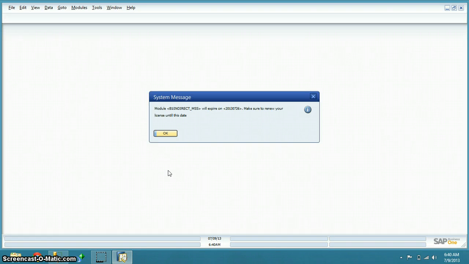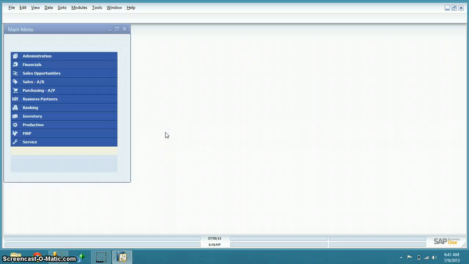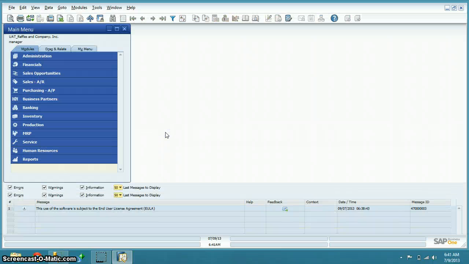As you can see, my license is already expired on July 26, 2013. So I made a backdate to make it work. So click OK. Okay. Until all of the OKs are done.